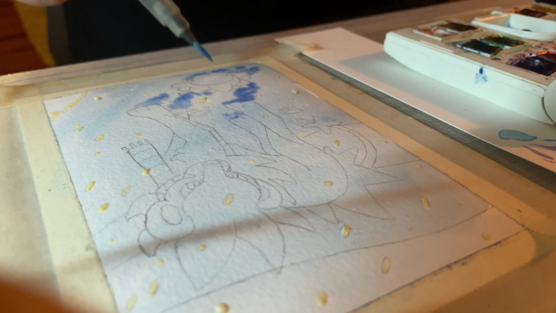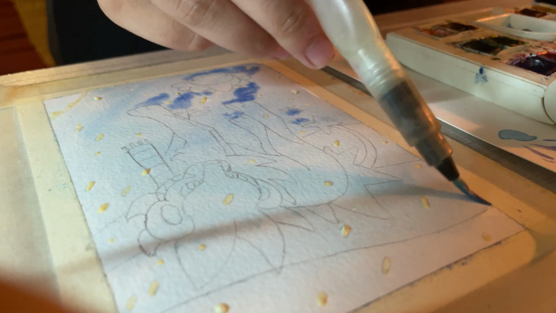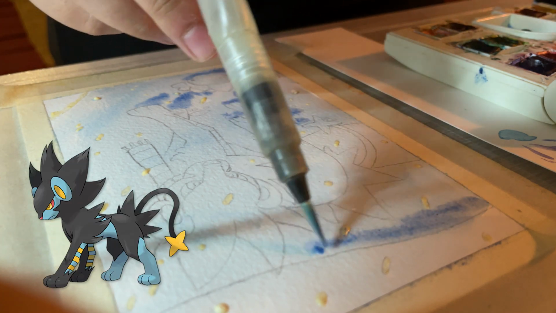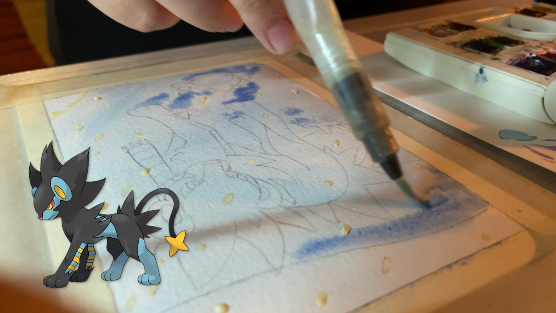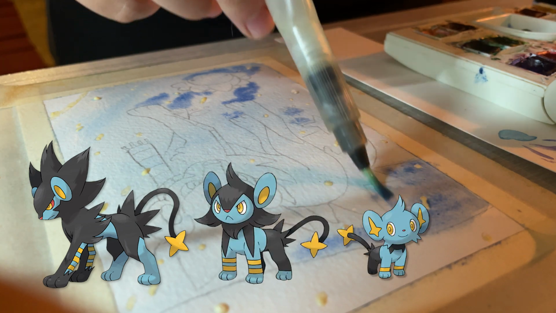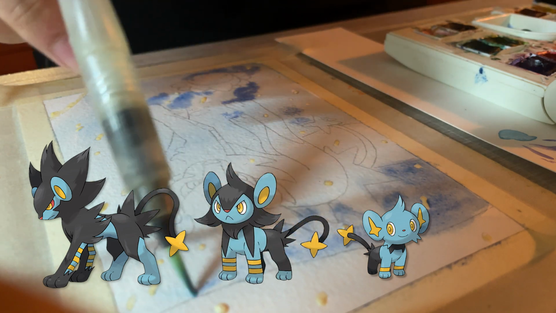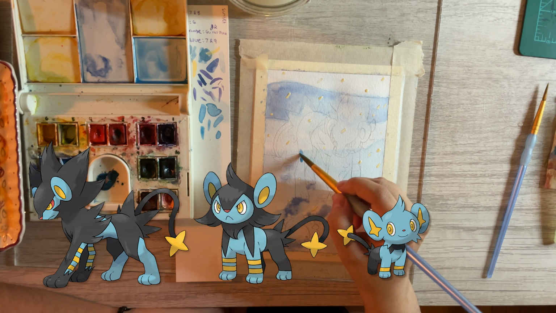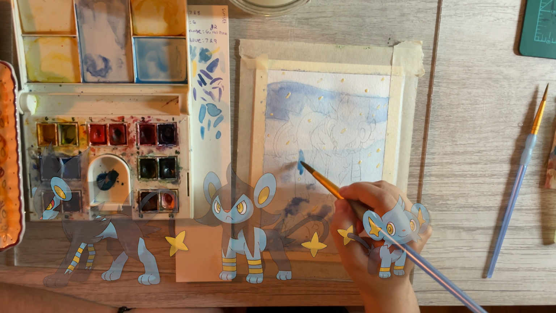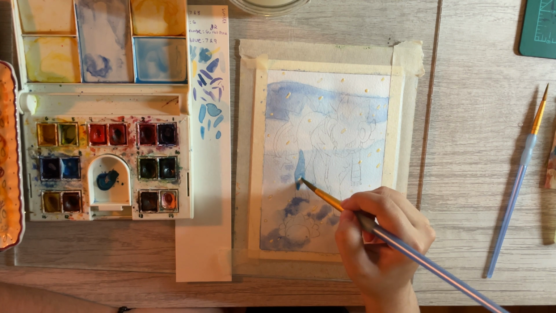I say Luxray is cool, but there's one thing that bothers me about it. It's the arm stripes. It's too much. It's too much going on in its design. I get it, it's a cute little nod to the past evolutions because they get more and more arm stripes, but 3 is too much. Whoever designed this thing was out of their mind. Sorry, I just had to get that off of my chest, but...